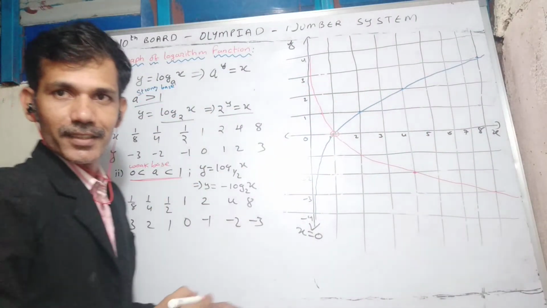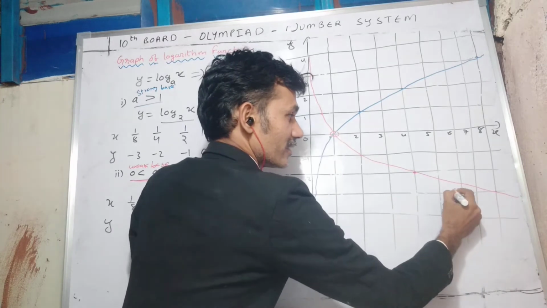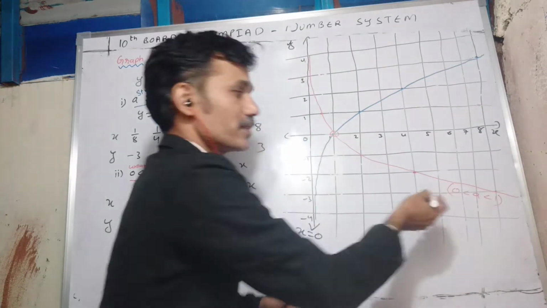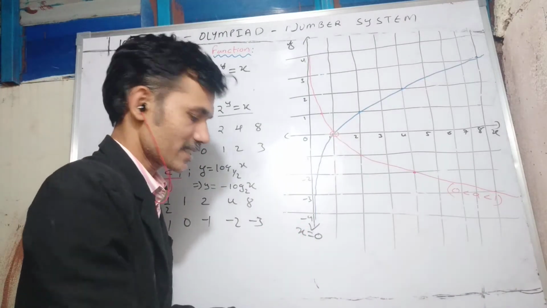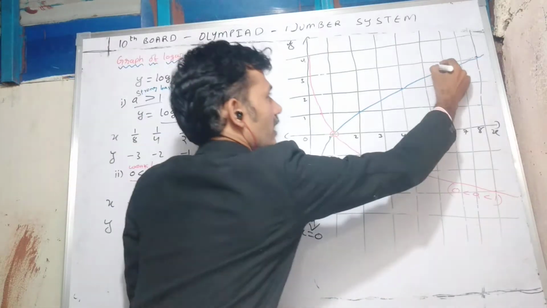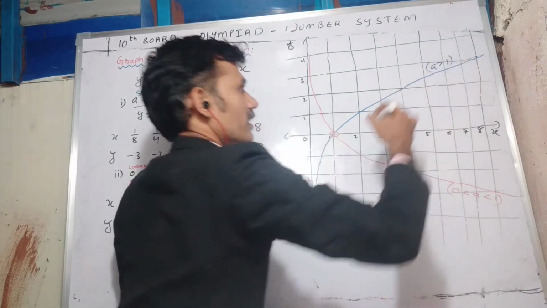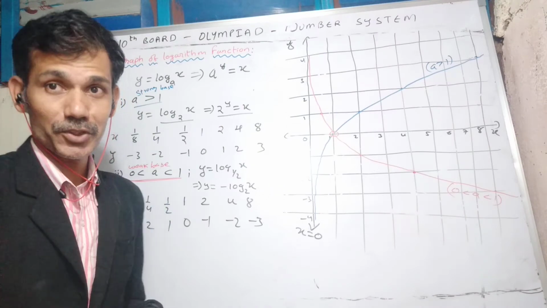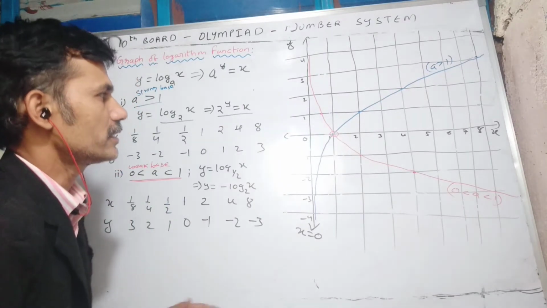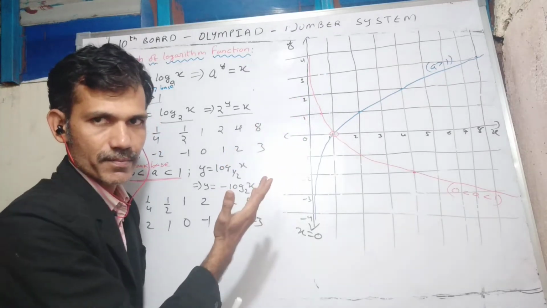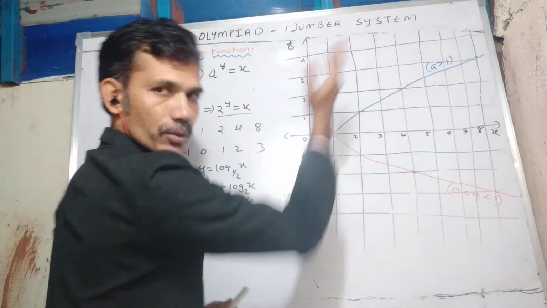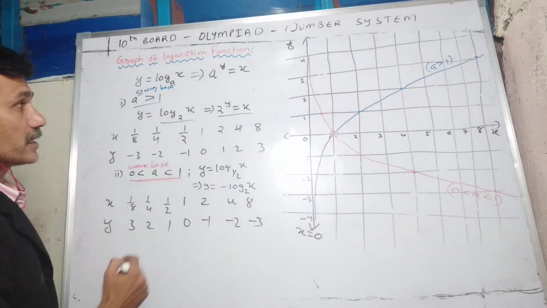Okay. See, when a is a weak base, when a value lies between 0 and 1 as a proper fraction, the log x graph will be like this. Why it is increasing or decreasing, I'll also tell. When a is greater than 1, that base is strong. See, if it goes like this, upwards, we'll say it is an increasing function. Why it is increasing, we'll tell.